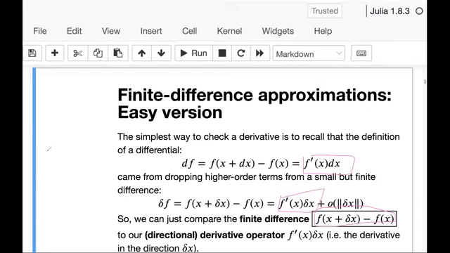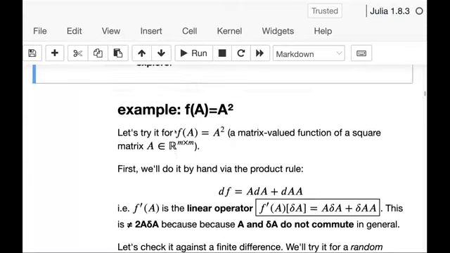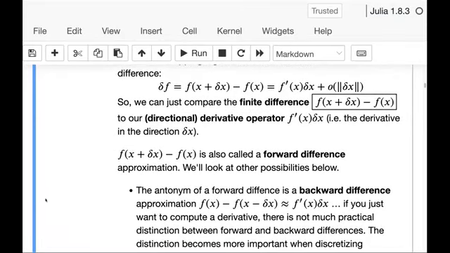Very conventionally, if delta x is a scalar, people often put the delta x on the bottom, so I should write that in. If you put the delta x in the bottom there, because it's a scalar, you can just say f prime of x